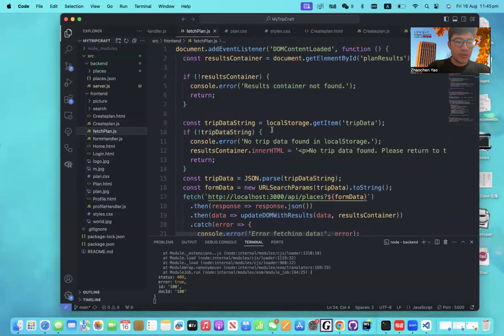Okay, so this JavaScript code runs when the page is fully loaded. It starts by checking if there is a plan result element on the page, which will display the trip results. If this element isn't found, it logs an error and stops running. Next, it tries to get trip data stored in the browser's local storage. If no trip data is found, it logs an error and shows a message telling the user to submit their